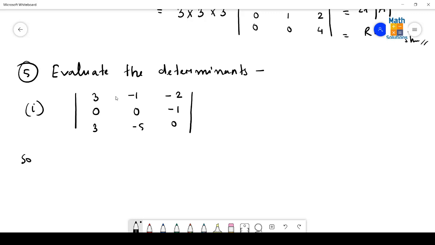So if we expand along first row, suppose actually it is better to expand along that row or column which has the maximum number of zeros. So in this case we find that row 2, I mean the second row, has the maximum number of zeros. So it will be easier for us if we expand along R2. Expanding along the second row,